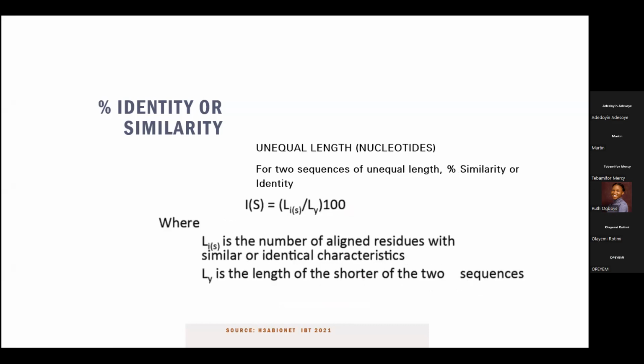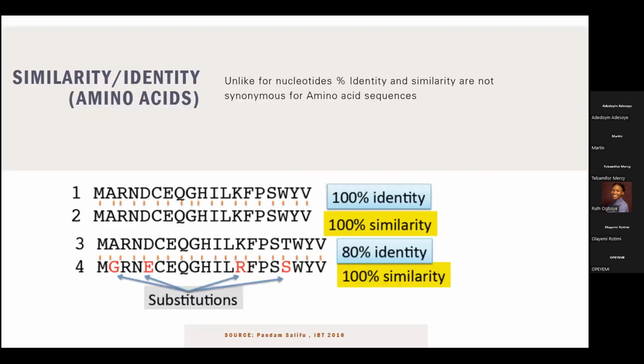Then for unequal lengths, the formula is a bit different. For unequal lengths, we have L, which is the number of aligned residues, meaning the number of similar residues between those two sequences that we have. And Ly is the length of the shorter sequence between the two. So we're going to, that being said,